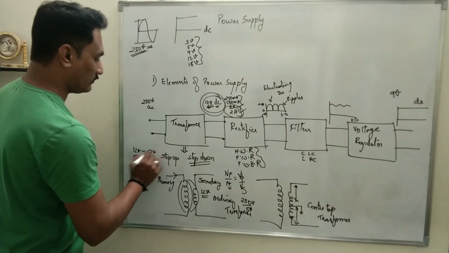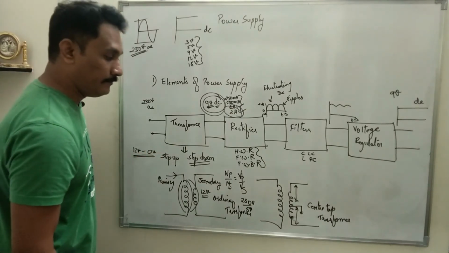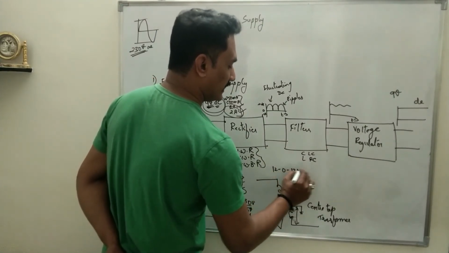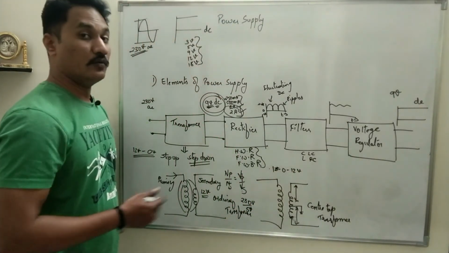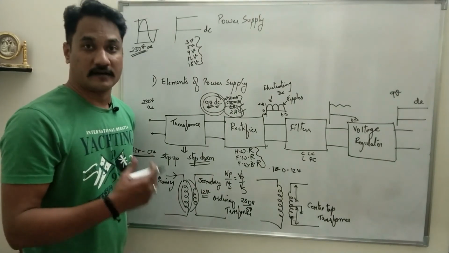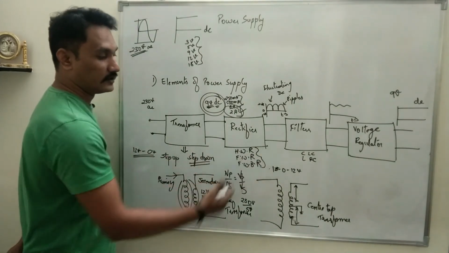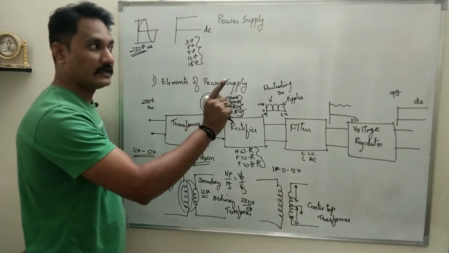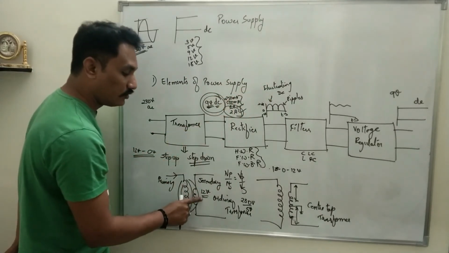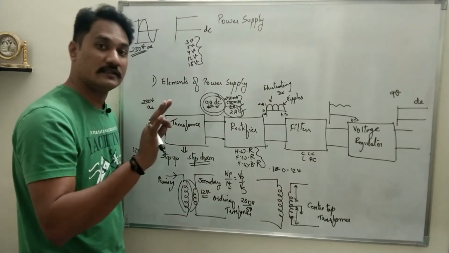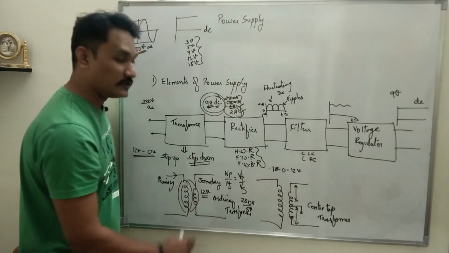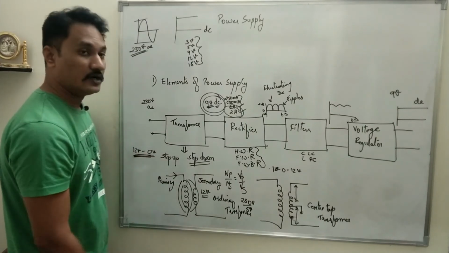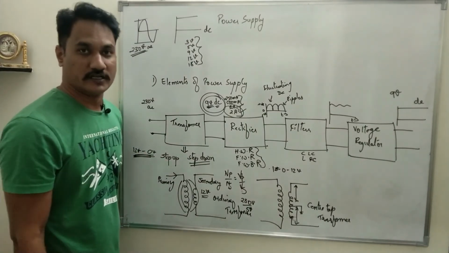Okay, so for ordinary transformer it will be 12 volt and 0. That means this is the output voltage. Okay. And for center tap transformer it will be 12, 0, 12. That is how it will be specified when you want to go and buy a transformer. This is the difference between ordinary and center tap transformer. So what I said, if the output requirement is 9 volt, then the secondary voltage should always be 3 volt more than the required value. So secondary voltage which we will select will be 12 volt. So the transformer which we are going to select will be 0, 12 or 12, 0. That means the output voltage will be 12.